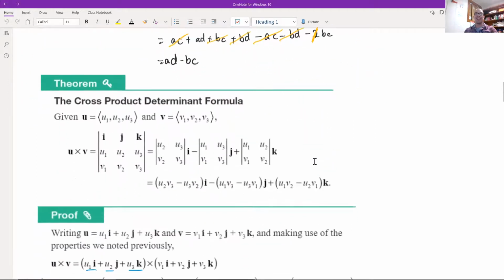So now let's look at the actual cross product formula. This is actually a 3x3 determinant. Notice that we have those vertical bars. And this is weird. Normally when we're taking the determinant of matrices, all of the entries of the matrix are just normal numbers, just numbers like you'd think of. But notice in this cross product formula,